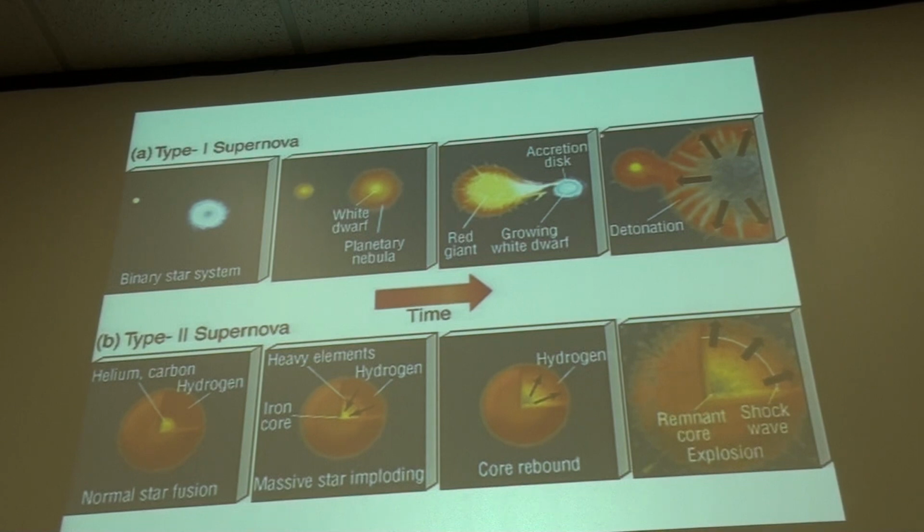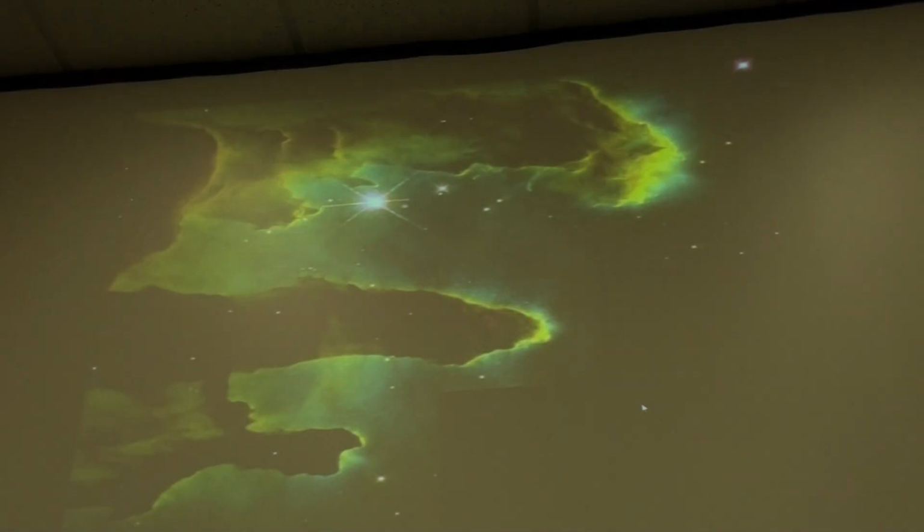Okay, there's also type 1, in which mass from a nearby white dwarf can push a star over the 1.4 solar mass limit, and can give rise to a quick detonation of the carbon core. But the kind that we're talking about here is called a type 2 supernova, in which the heavier elements are formed on the inside, and the iron core will form, and then you have the catastrophic explosion.